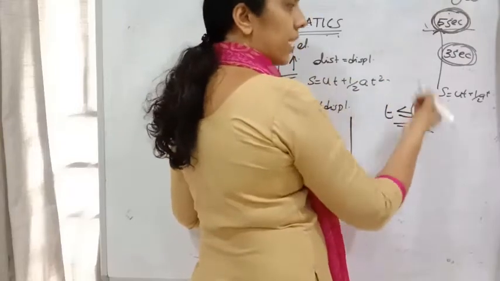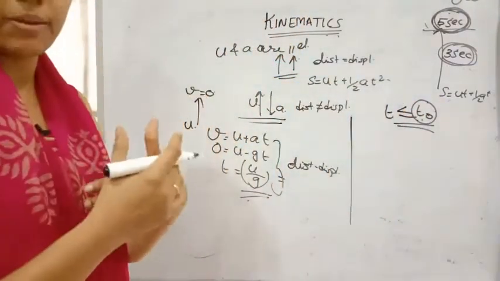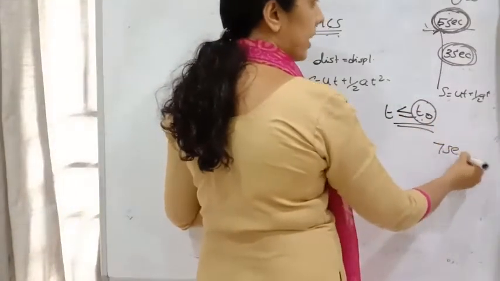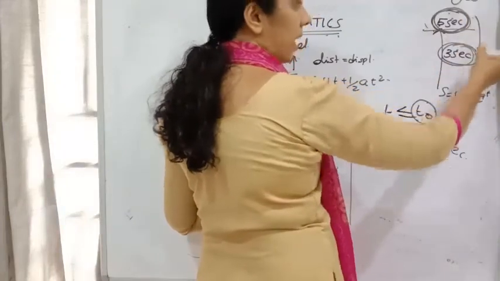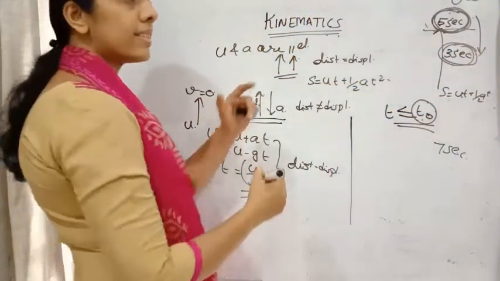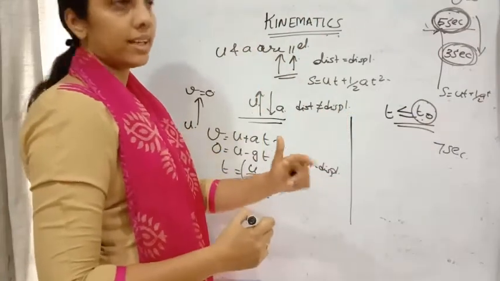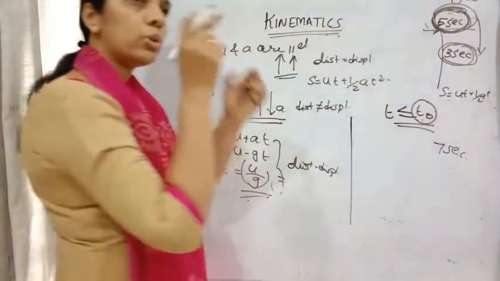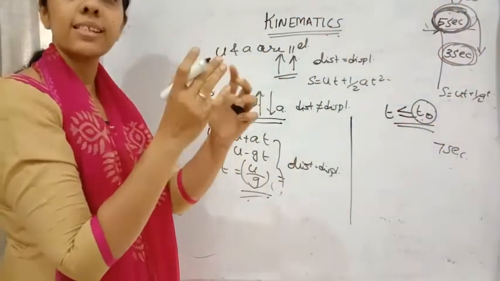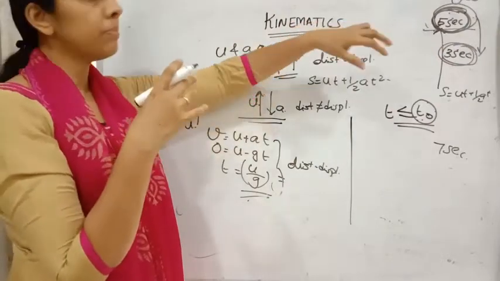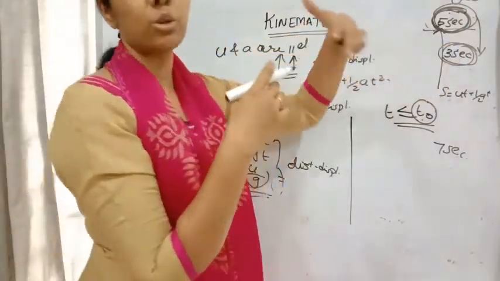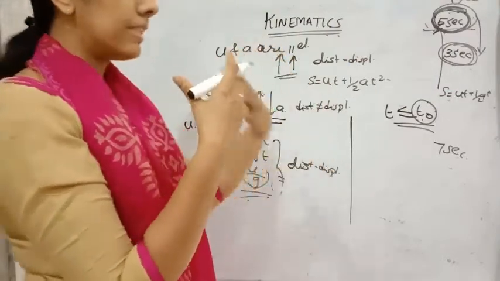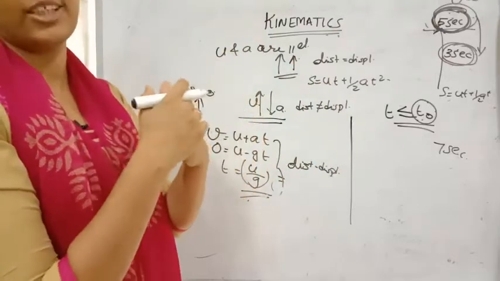Okay, so instead of that, if they are telling you to find out the displacement or distance covered when it is at 7 seconds, if it is at 7 seconds, it means after going to the maximum height, it starts coming down. Right? So the distance covered won't be equal to displacement at that time. So the maximum time required is 5 seconds, and if they are telling you to find the distance covered for a time shorter than the maximum time, then you can use S is equal to ut plus half at square only. If they are telling you to find this distance for a time greater than that, what will we be doing?